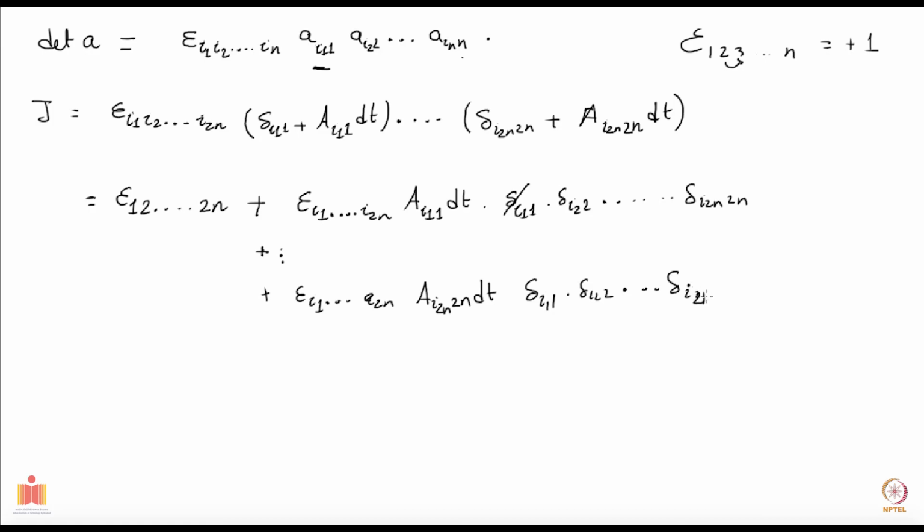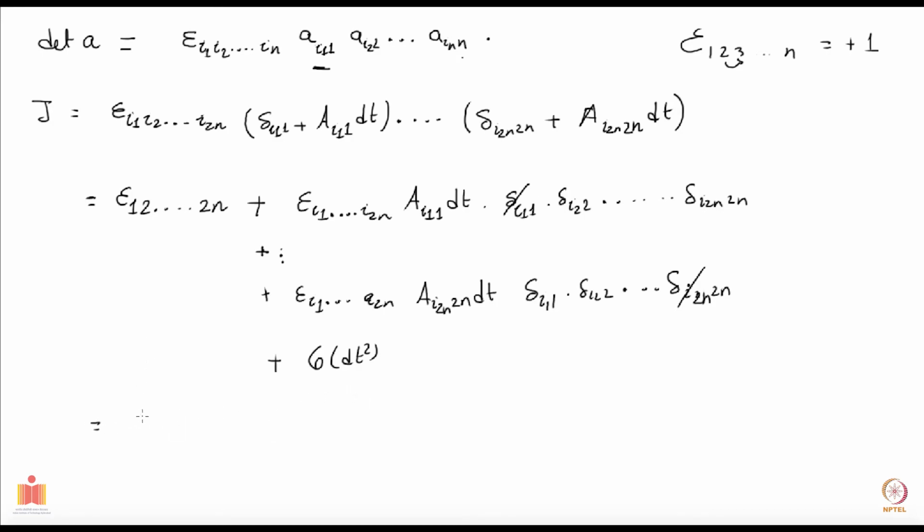I subscript 2n 2n. So this time, in the last term, this will be gone, and all the other terms that you are going to generate will involve multiplication of at least 2 pieces of a's, which will bring with them at least a second power of dt. So we are going to drop all those. So this is not there. All those other terms will be higher orders in the change in time.